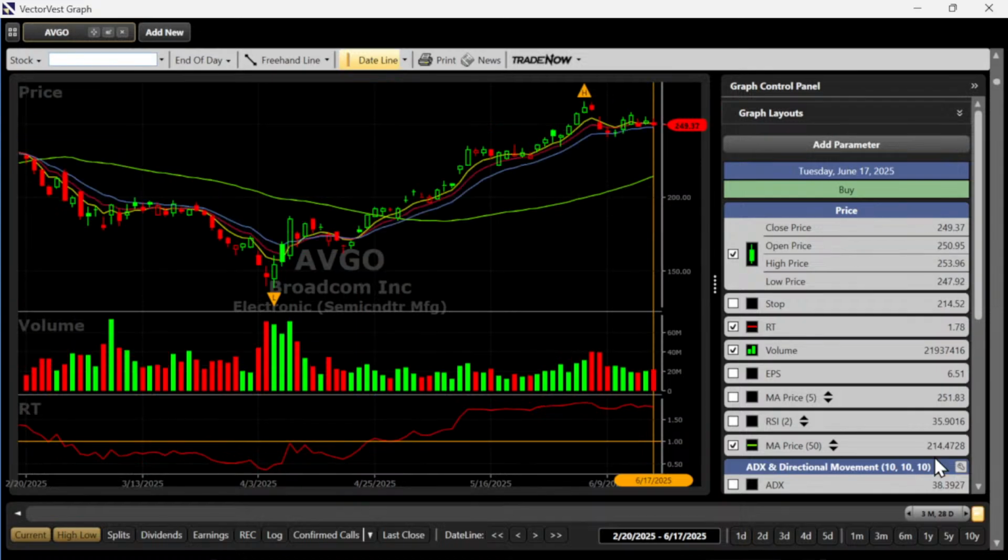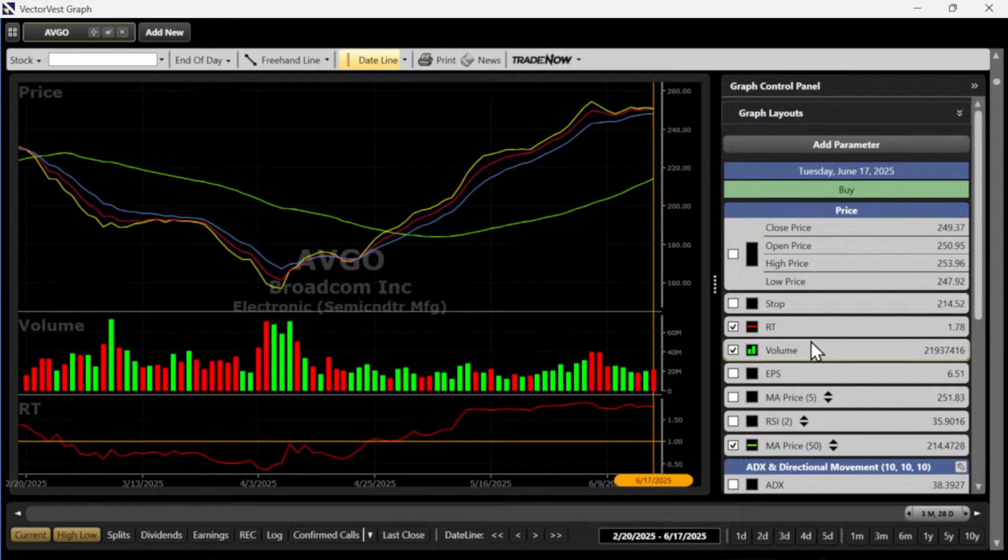All right, let's look at AVGO. Right, a hard right edge. I'm going to take price off. Are we seeing the squeeze? I wouldn't call that a squeeze, no, because that's more of a convergence of the 5 and the 8 than an actual squeeze of the 3. The squeeze of the 3 has to look like that.